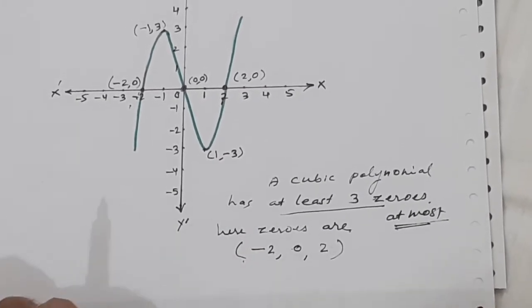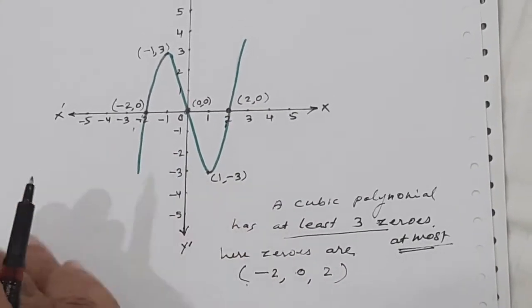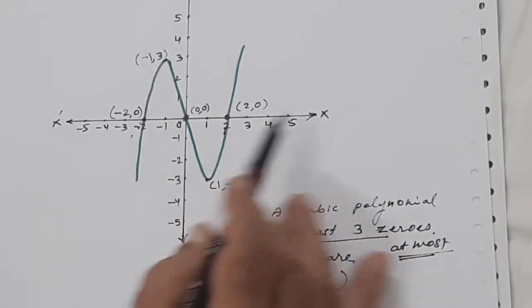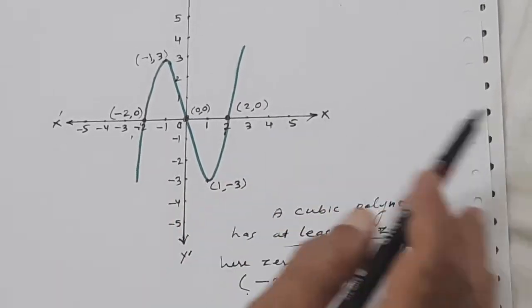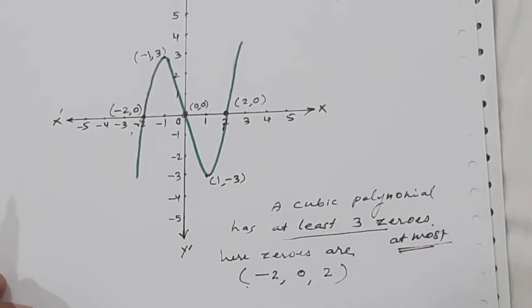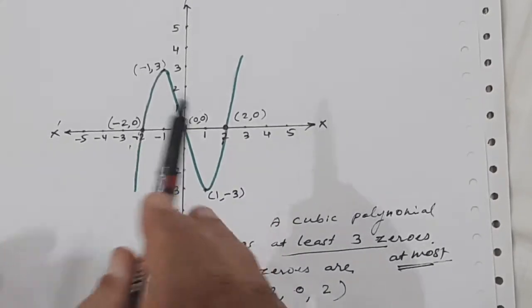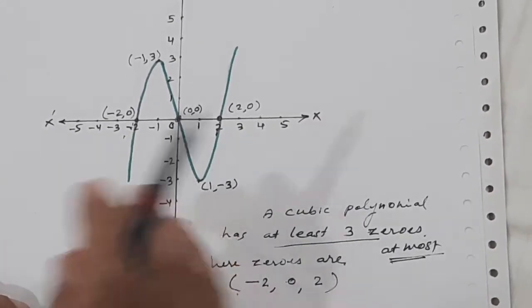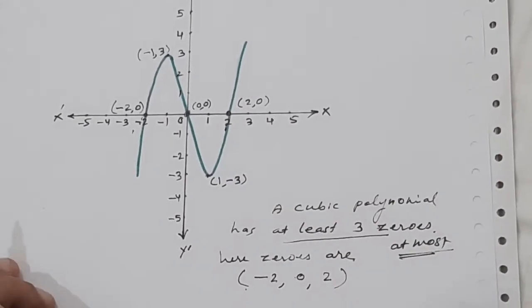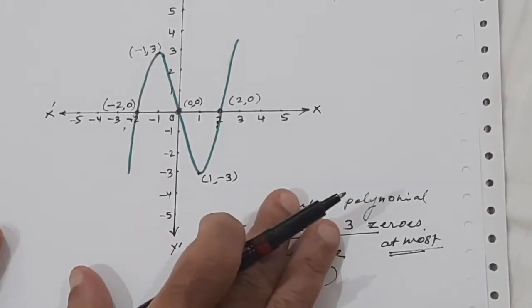that a polynomial can be represented by a graph. That graph will be either a line or a curve. This curve may intersect at 4 points, 5 points. If the degree is 5, it will intersect the x-axis at 5 points. If the degree is 6, it will intersect at 6 points. One more thing I want to tell you, you need not draw the graph. That is not the topic for you. You have to understand the geometrical representation of a polynomial. That's all. In the examination, you will not be asked to draw this graph.